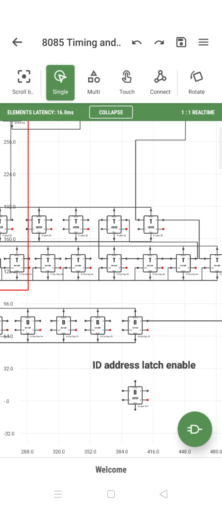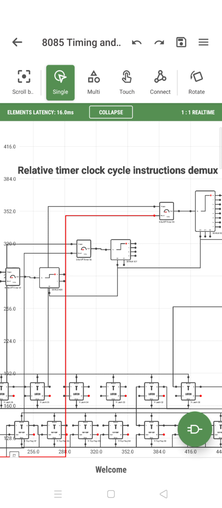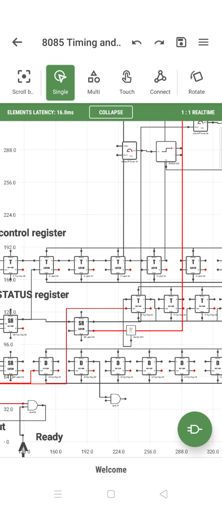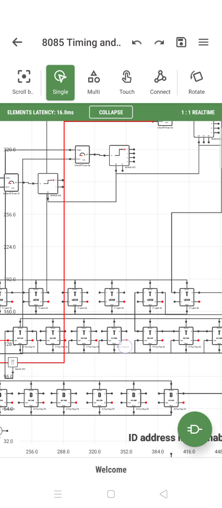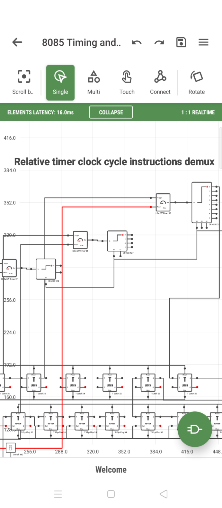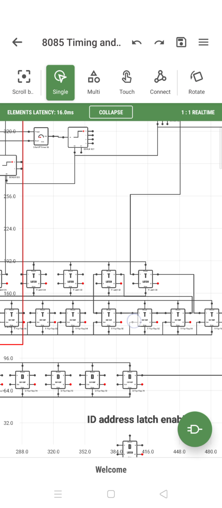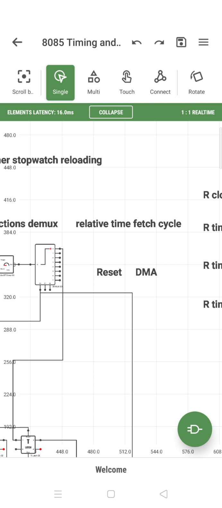So don't think that they'll just tell you, oh, this is a register, this is a register. Register means what? It has a set of T flip-flops, set of D flip-flops, set of SR flip-flops, set of SR latches, set of D latches, those kinds of things are used. And some AND gates and OR gates are used to do all the control circuitry work. Okay, and we use mux and demux to do the timing control, to do the timing for all these things, and also DMA control and other things.